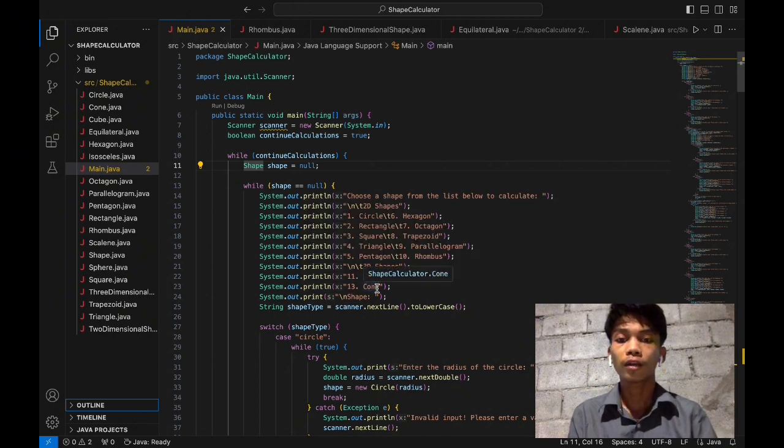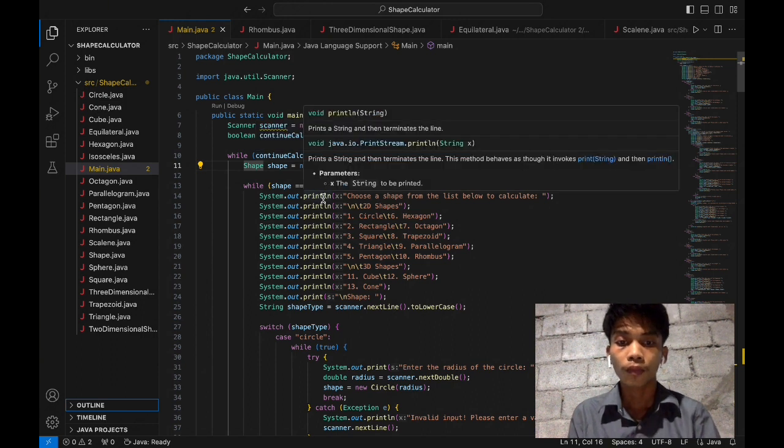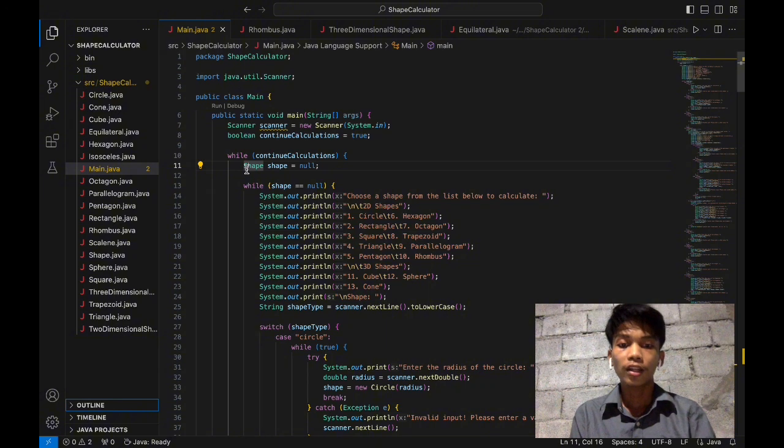The main loop continues as long as continueCalculation is true. And also we declare this shape variable to hold the shape chosen by the user.